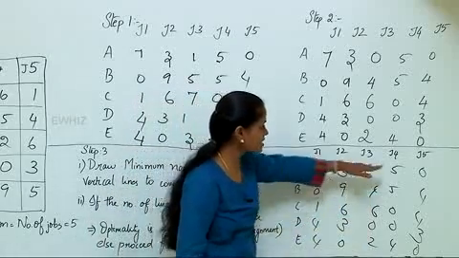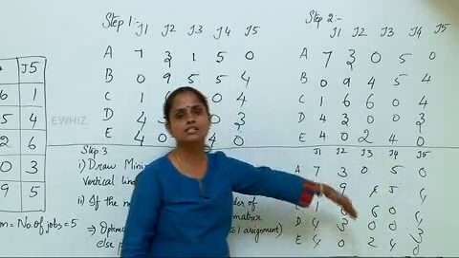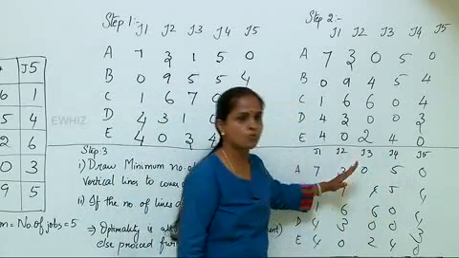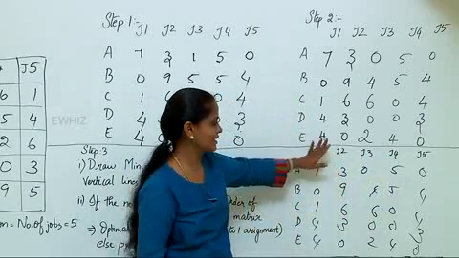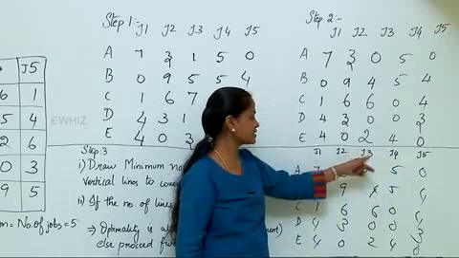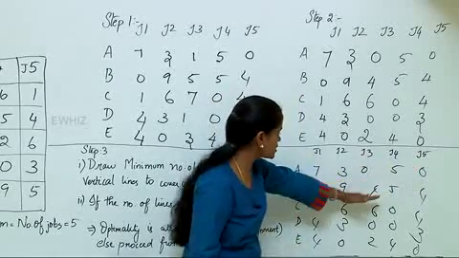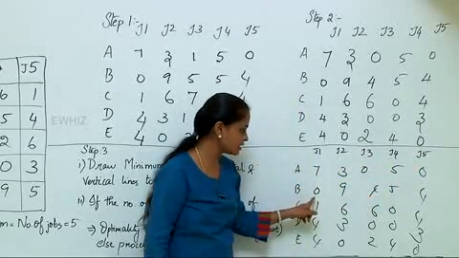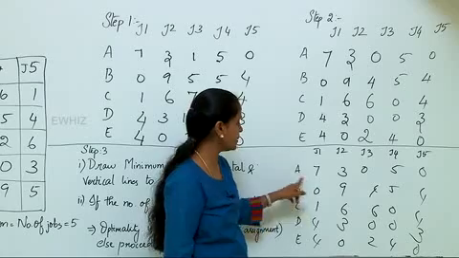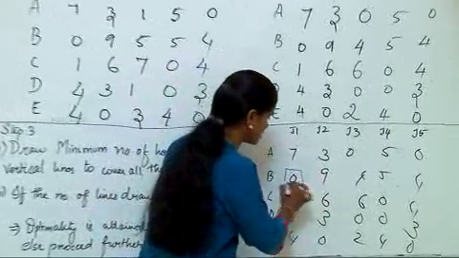So what you have to do is scan the row. Always maintain the order of scanning the row first and then column. Suppose you have more than one 0 present, just leave that row. The first row contains two zeros, that means A can be assigned to J3 or J5. Leave out that option. So let us move to the second row. In the second row there is only one 0 present, indicating that the best assignment would be B to J1 as per the schedule. So let me encircle this 0.